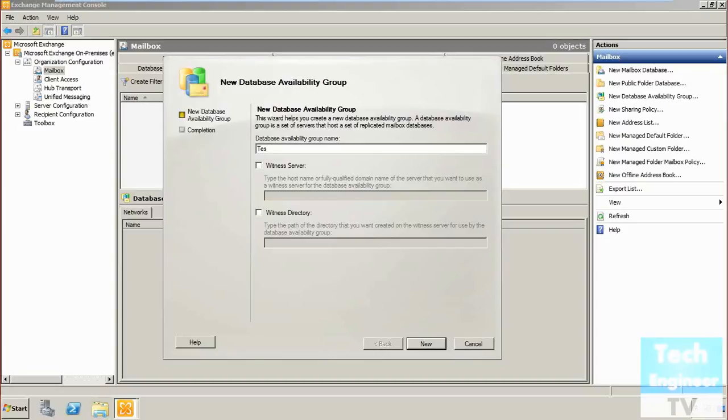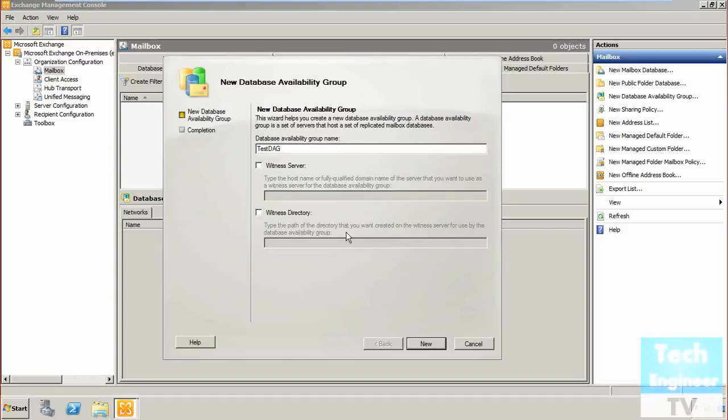Let's name it test DAG, for example. We have two options now: one is the witness server, another is the witness directory. If we leave the witness server unconfigured and just move down to create the new DAG, then it starts